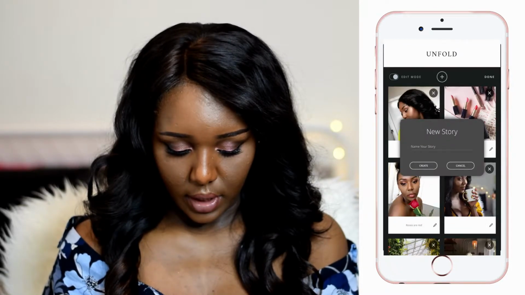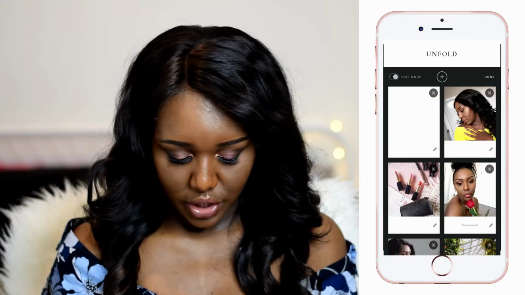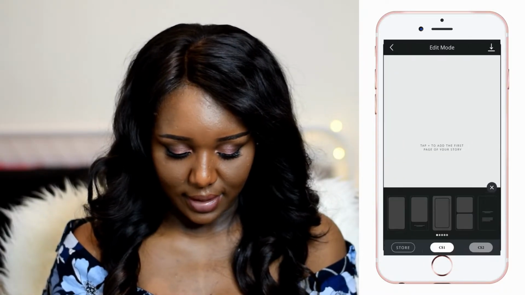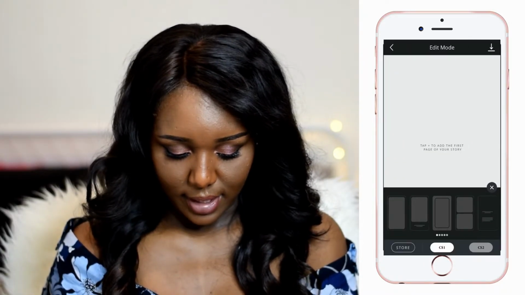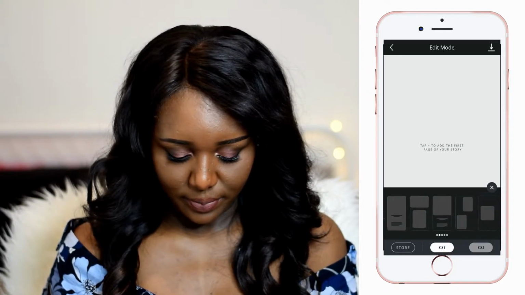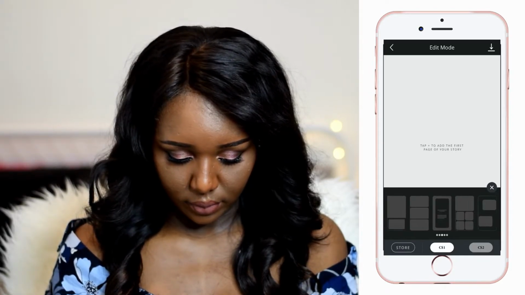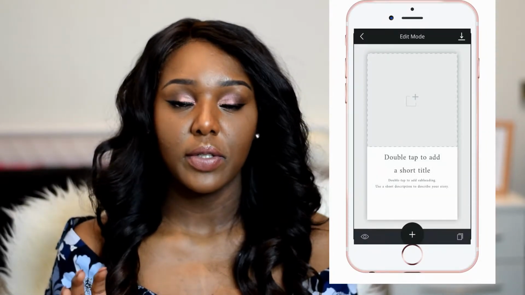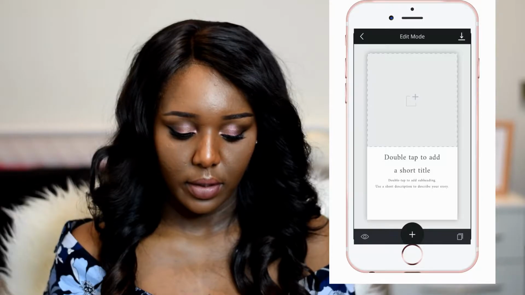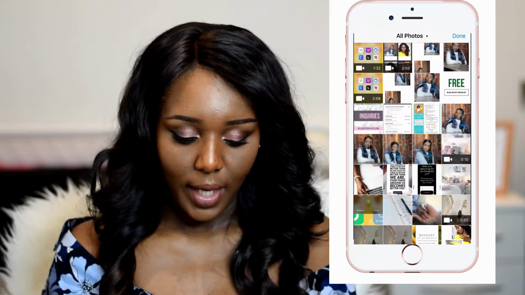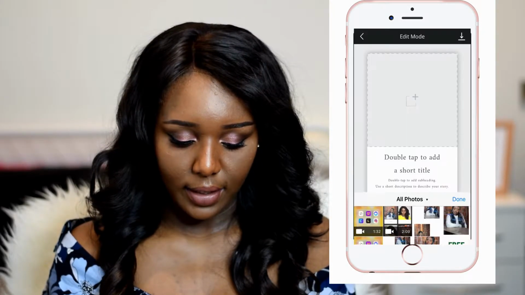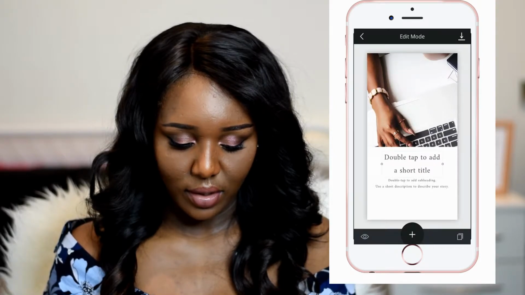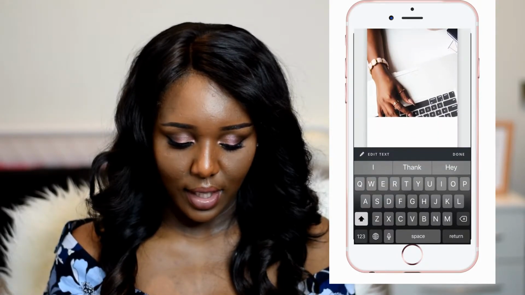So once you open it, you can create a story. Then you can choose whatever template you feel is working best for you. I'm going to go ahead and just choose that one. This one will allow you to add a picture as well as some writing underneath, and once you double tap on that, you'd be able to put a picture,